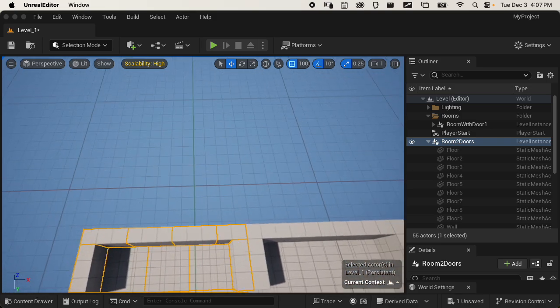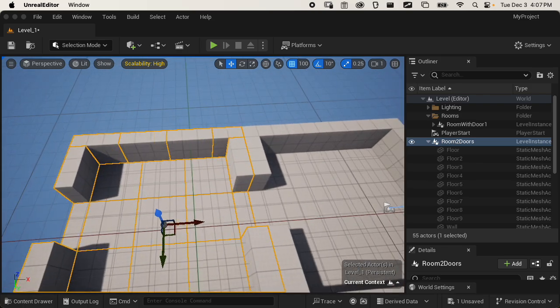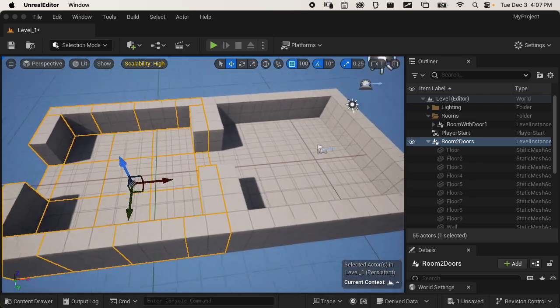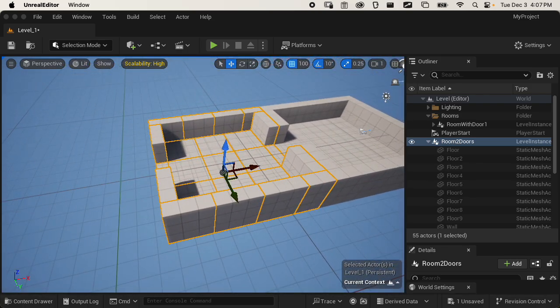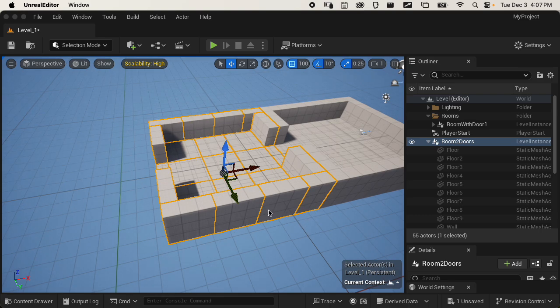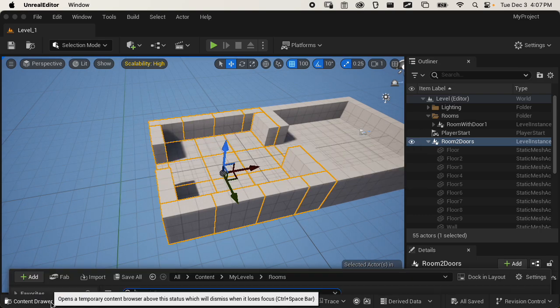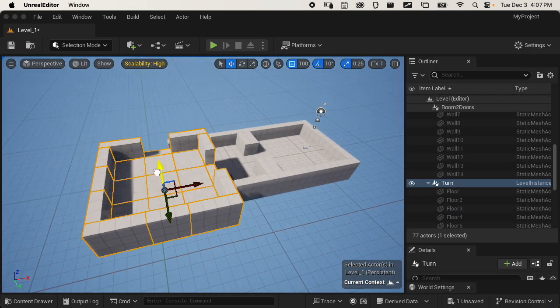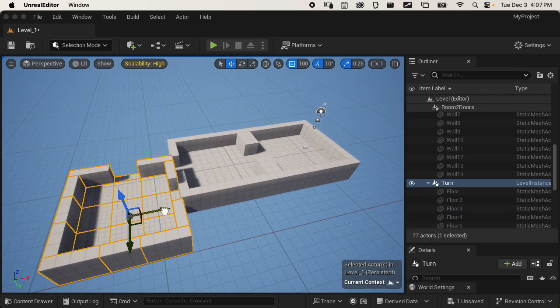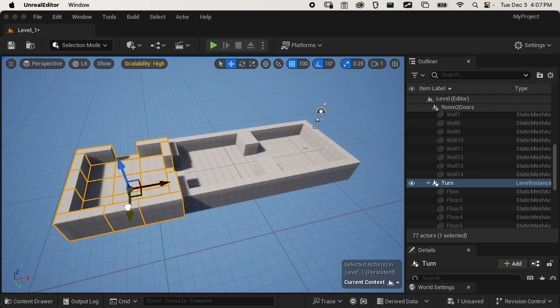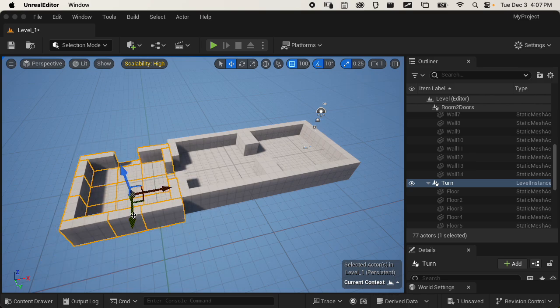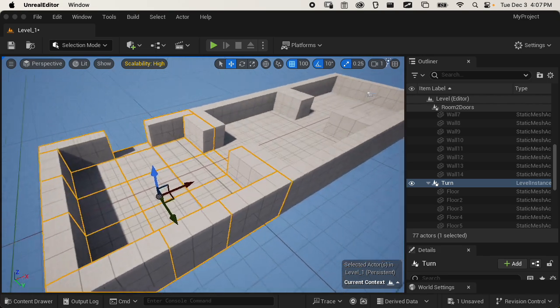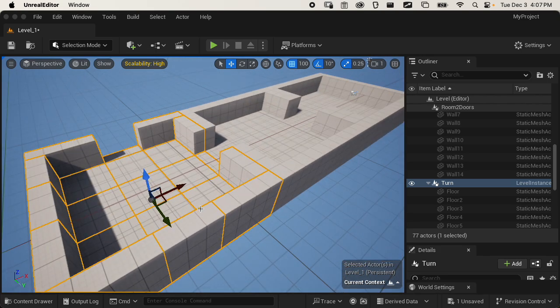But I made another version of the room. I'm really bad at moving around in Unreal because I don't use it that much. Okay, I made another version of the room, which is a turn. Okay, so there's my turn. Let's go down there and line it up. Okay. So that looks fine if I want to turn to the right,